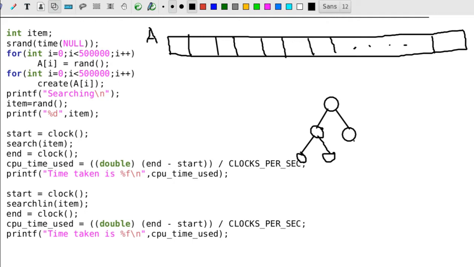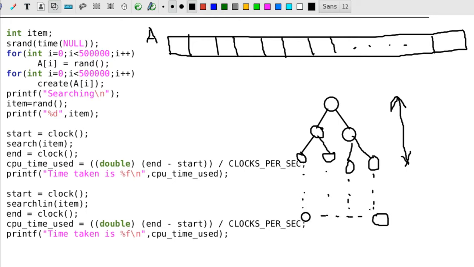So, we will be having a tree with many levels. Like this, we will be having a binary search tree.